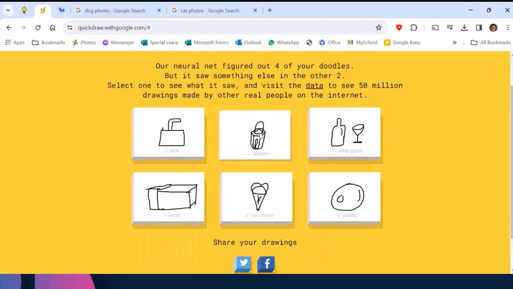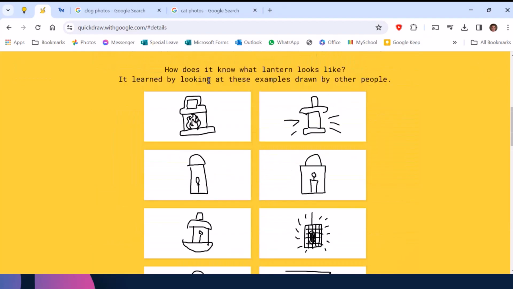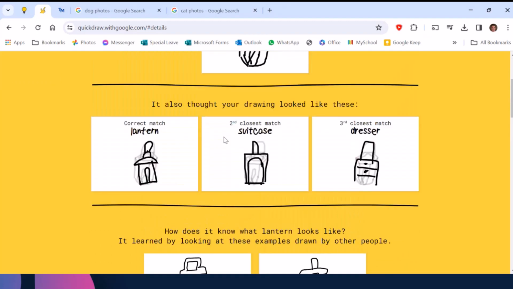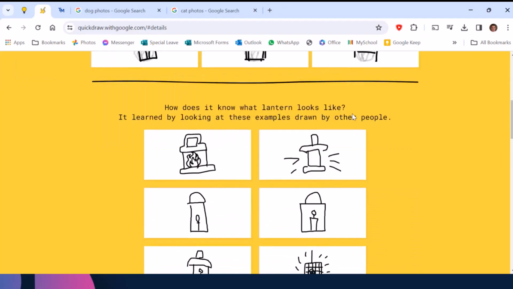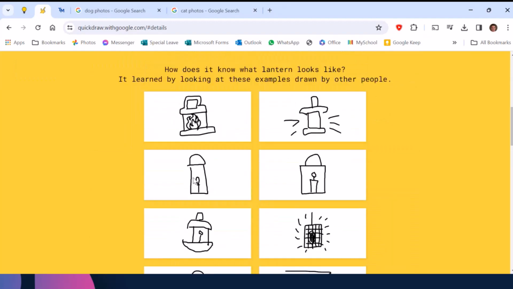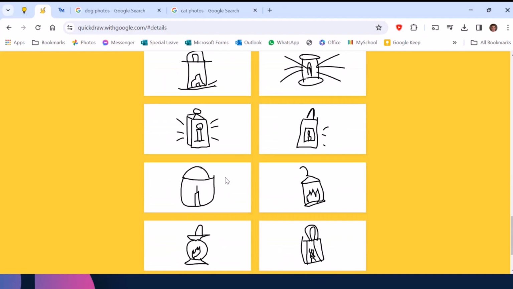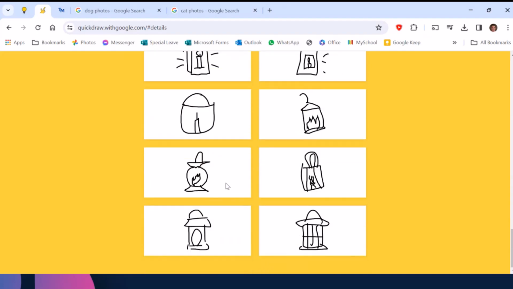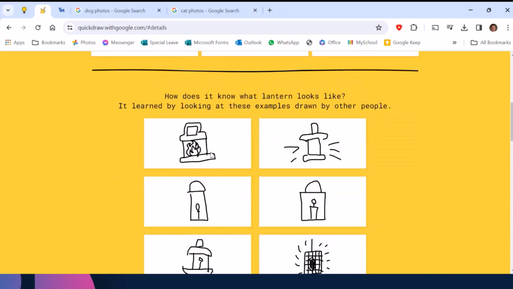I can click on the prompts, and it will show me some of the data on which this model is trained. In this case, it was asking me for a lantern. If I scroll down here, I can see all the data on which this model is trained to recognize a lantern. And this is only part of the data, because it has a very large database of images on which it is trained.